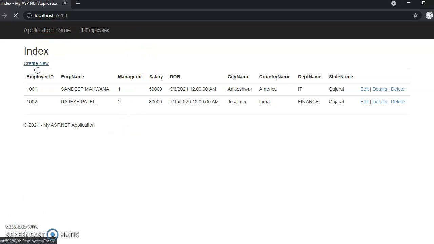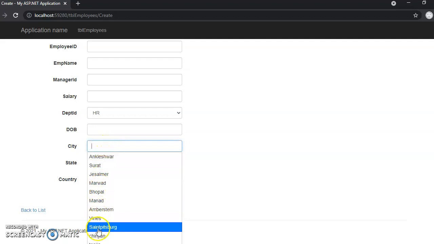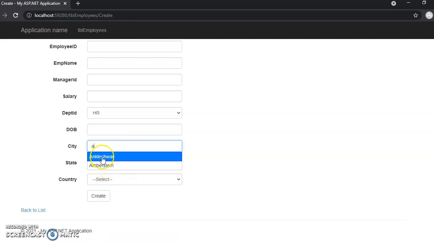Go to Create New and your form will be here. Inside your form, click on city. The city list is displayed, all the cities of the table. If you write a, it will display only A related content. If you write j, it will display only J related content. If I select that content, it will display only that text inside your text box. So this is called an autocomplete text box.